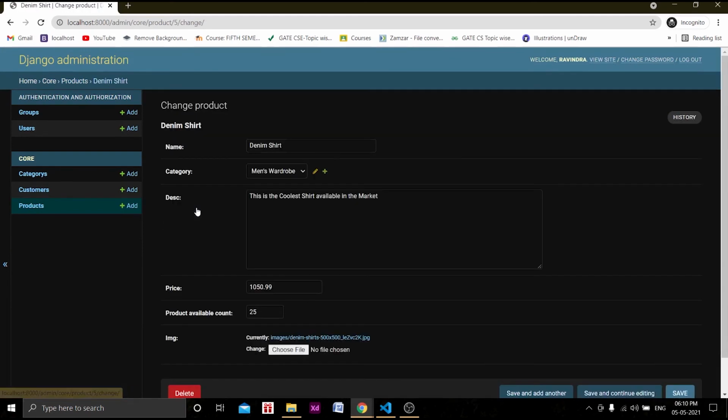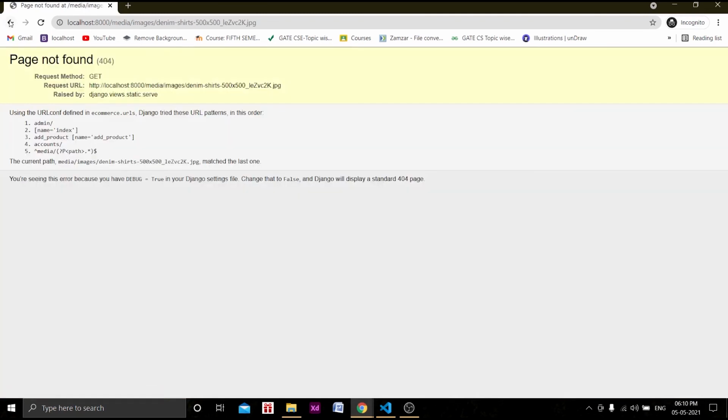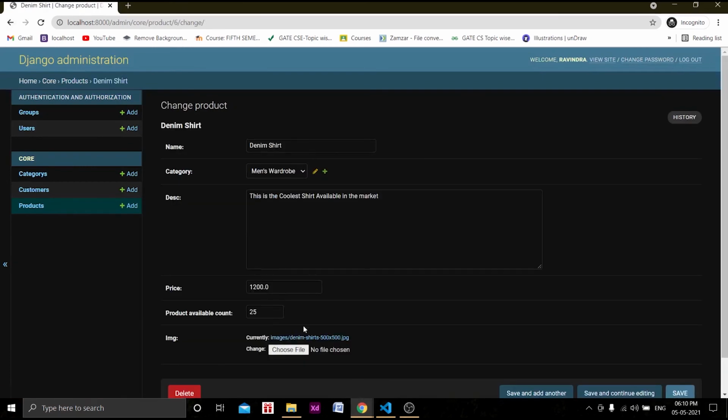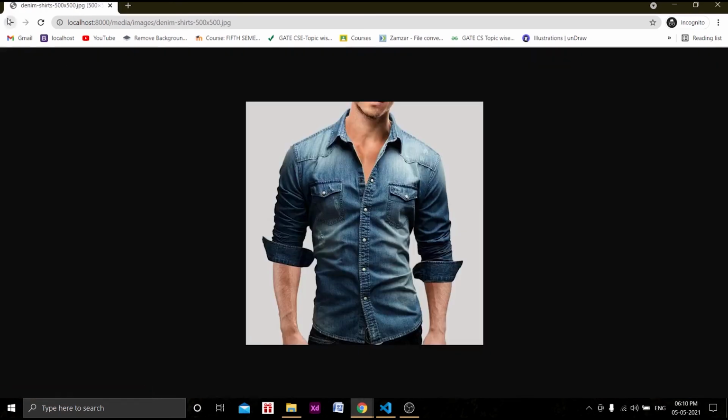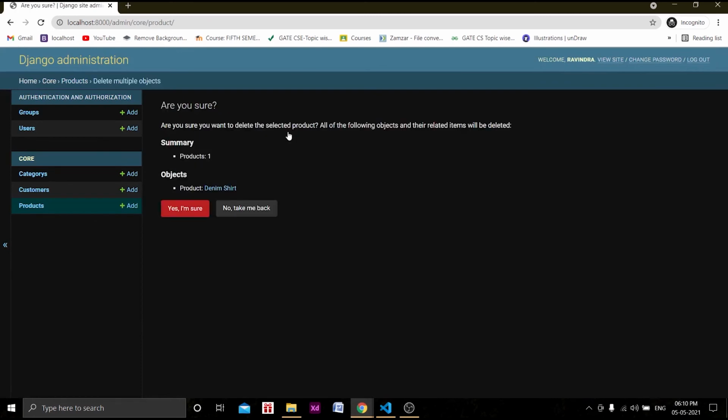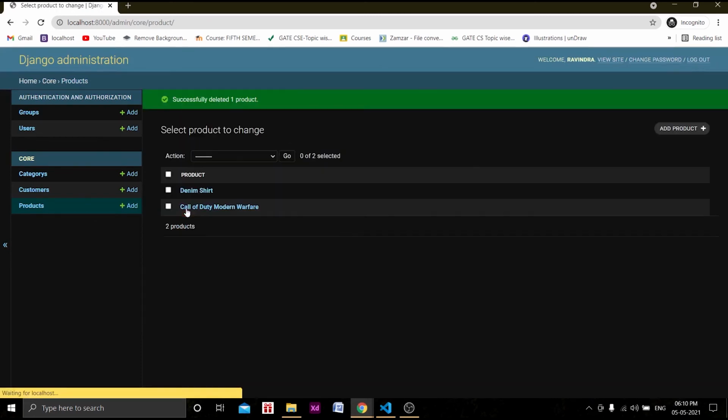Okay, so denim shirt, images slash denim shirt, this is not there. I think this should work here. Actually these products we had added earlier, so their URL is different from the URLs that we have added after entering the media URLs. Okay, so this should work.